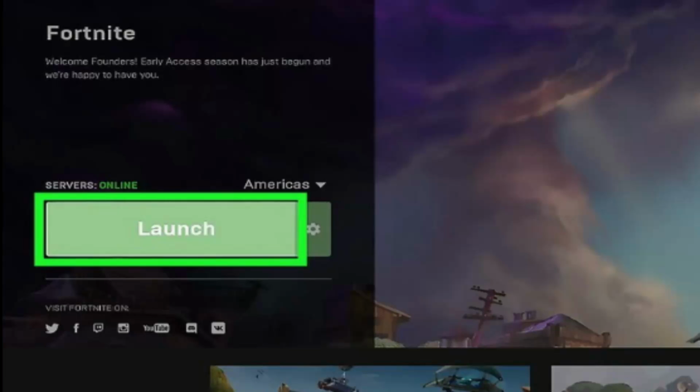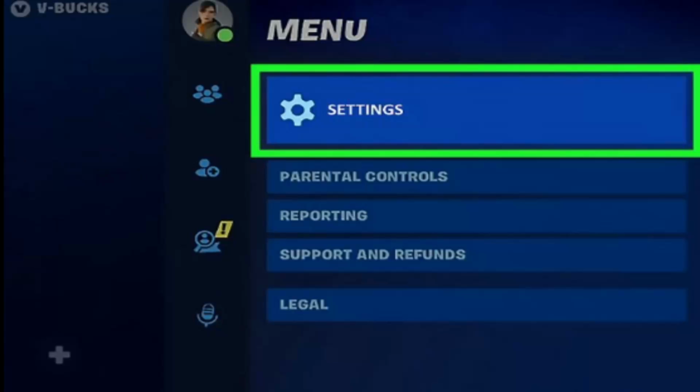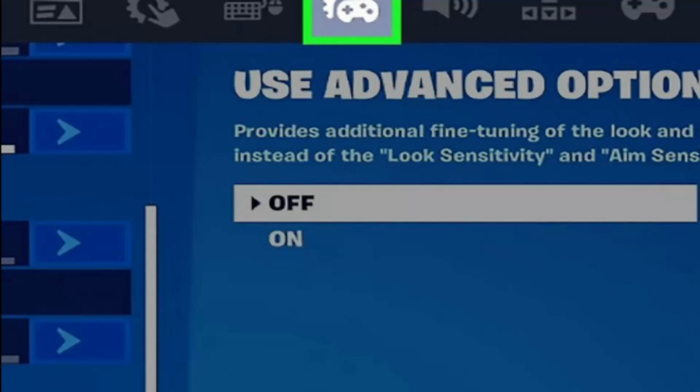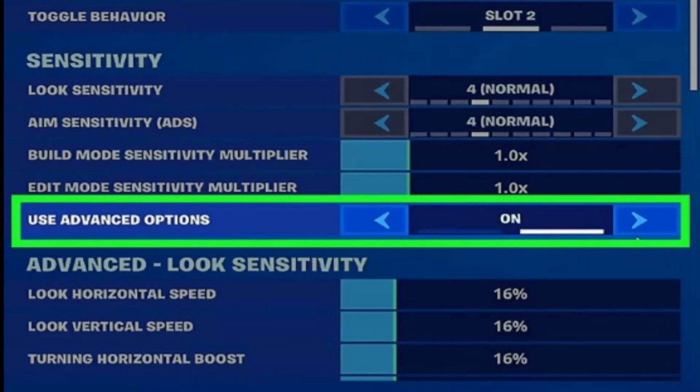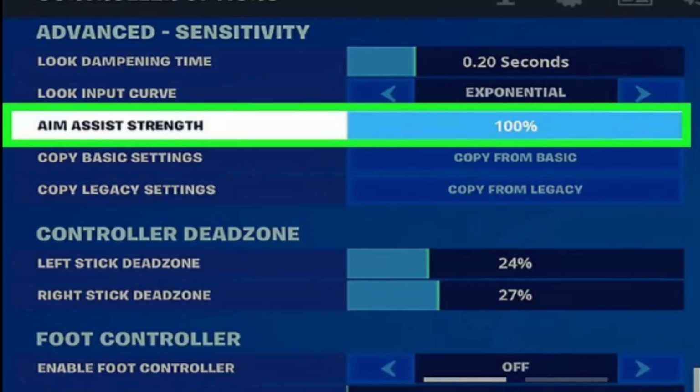To begin with, you want to open the Fortnite application and log into your account. Once logged in, what you want to do next is go ahead and click on the settings menu from the top right corner of your screen. On the next field, what you want to do is select the controller options tab, and then toggle on advanced option settings, after which you want to go